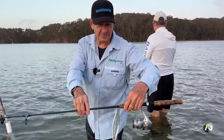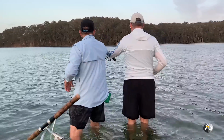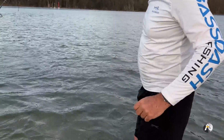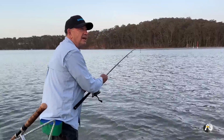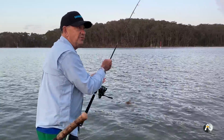I'm going to just rest my rod on that thing. I have limited holders out here. Let's have a look. We have to be careful for their tail. If this stingray was on the land, it would be much easier to handle. But because we're out in the water, it's much harder, and we've got to avoid the tail because it's got